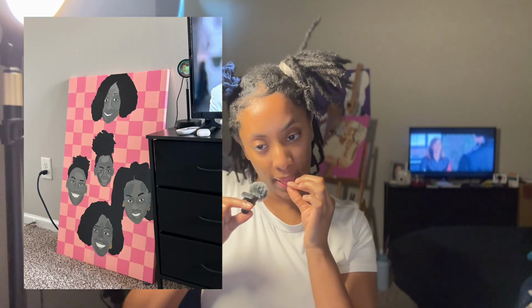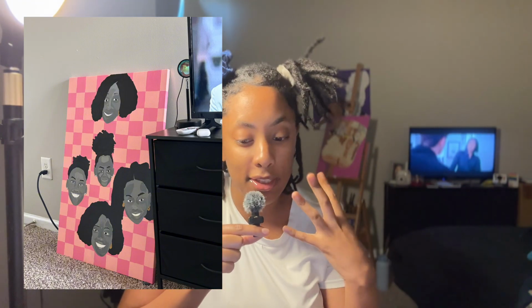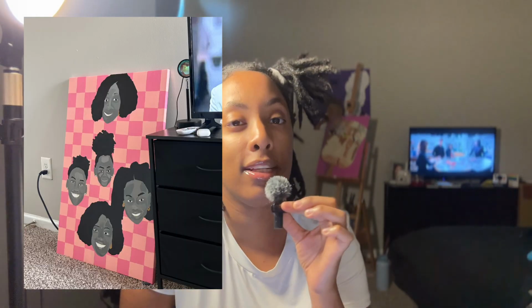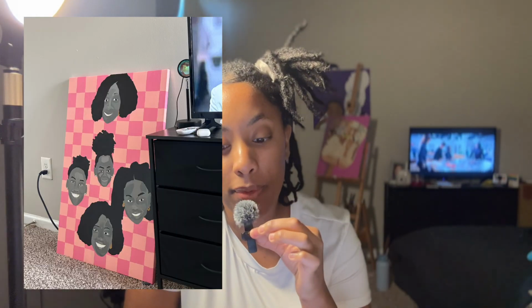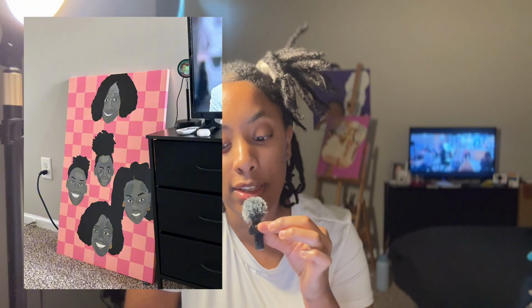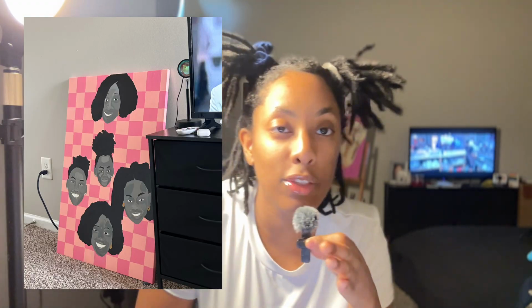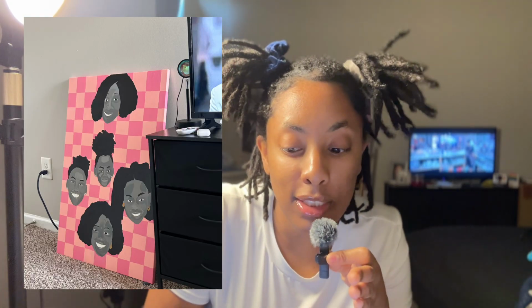Okay, y'all. This is another commission I got. Put it on like checkerboards, and I did their faces floating. Honestly, I like the way it looks. I don't know how I feel about floating heads though. It's really pretty. This was kind of like my reintroduction to doing portraits again. It looks good. I feel like I could do better, honestly, but I give it an 8 out of 10